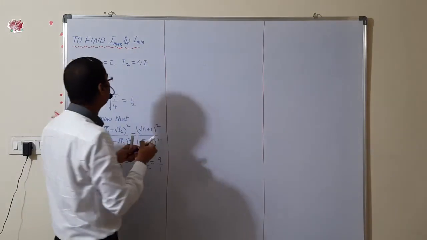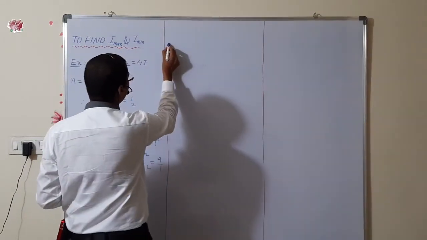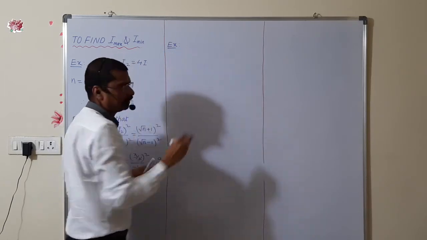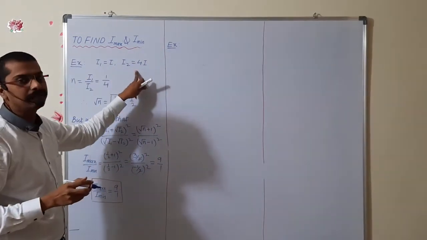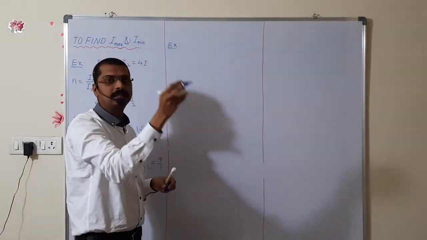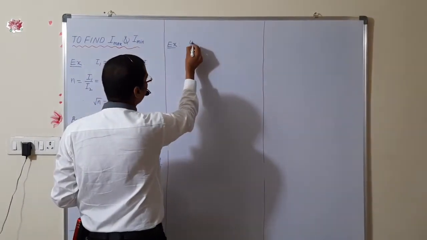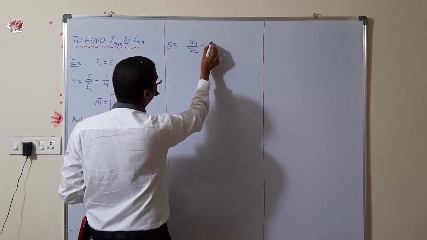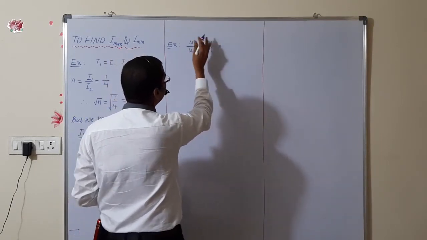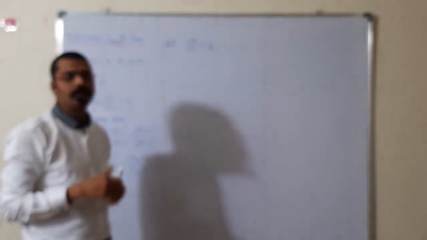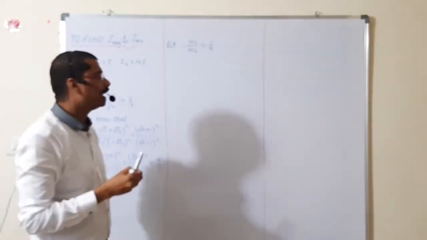Second question they will ask. The second pattern is they are asking in terms of slit width. This was the individual intensities. Sometimes they are asking the two slit widths, the ratio they will give, W1 upon W2 is equal to 1 upon 9. This W1, W2 are called slit width. By using this slit width also we can find the maximum and minimum intensities.